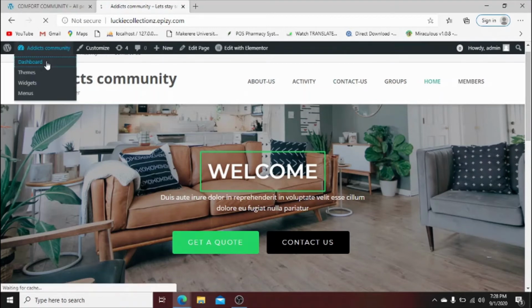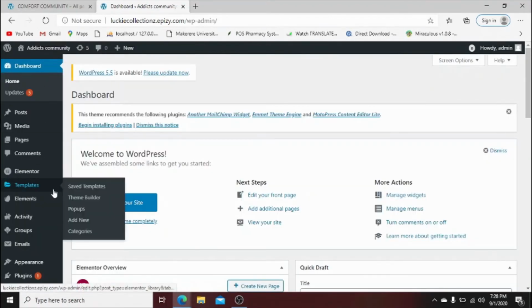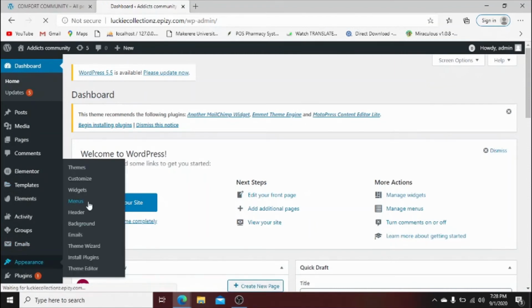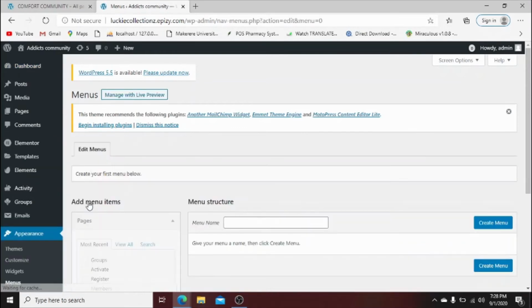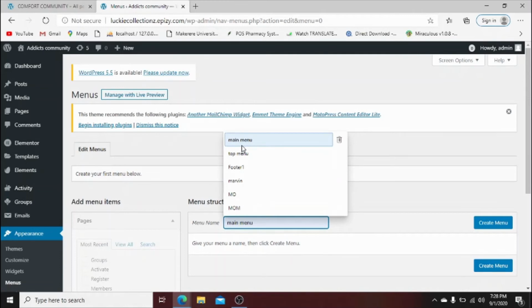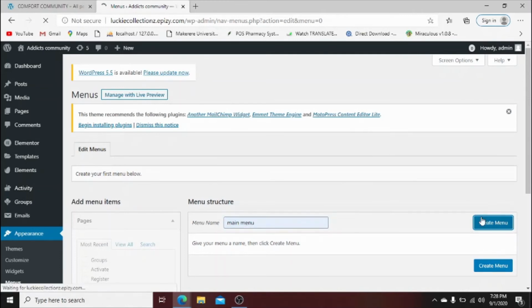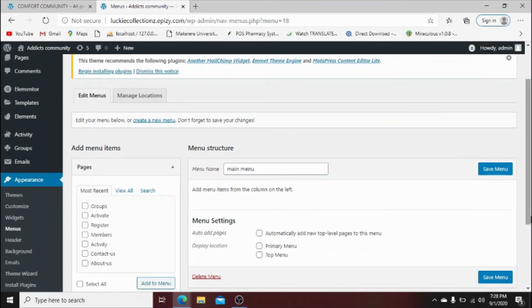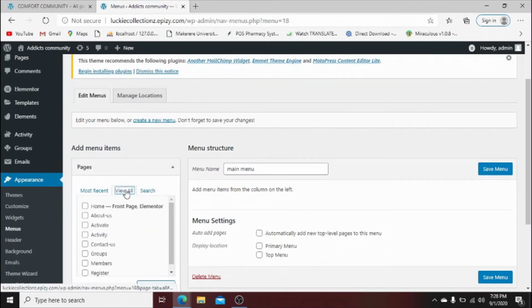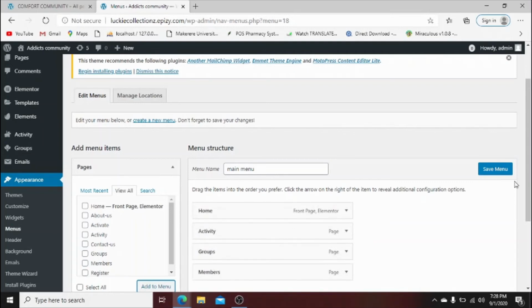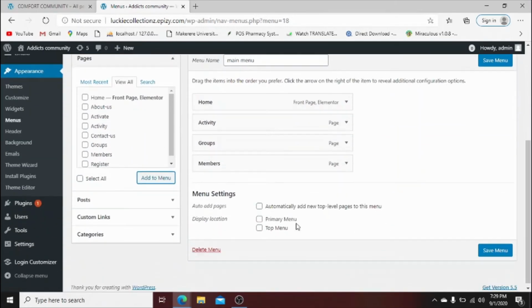So go over to dashboard, and then appearance, then menus, create main menu. So you can add anything you want. I'll add in home first, activity, members and groups, add to menu. So I'll make it the primary menu,